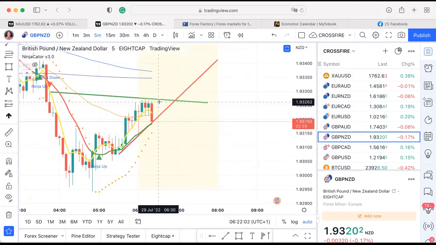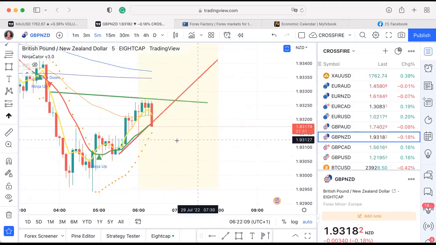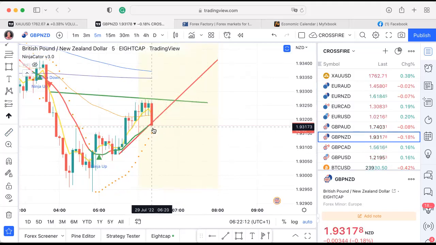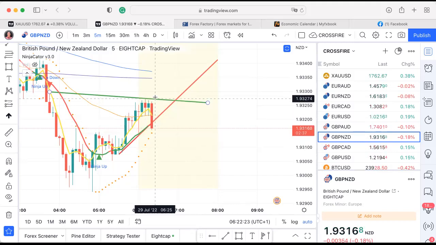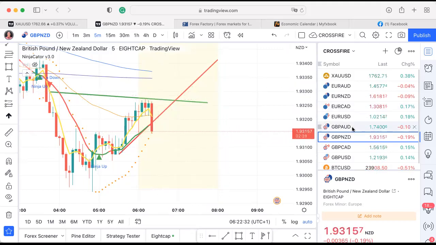In any event, it has actually bounced off. So that's not an issue right now. The other thing we need to look at is what if price gets below this red line? Will we consider getting in? Now I would say no, because we haven't had a ninja down. So criteria for getting in for a sell would be ninja down, candle below, and price below the red line, and we'd need the PSAR to be on top anyway. So that's not in the running, if you like, at the minute.